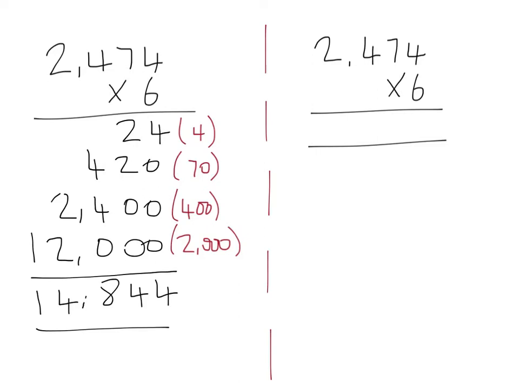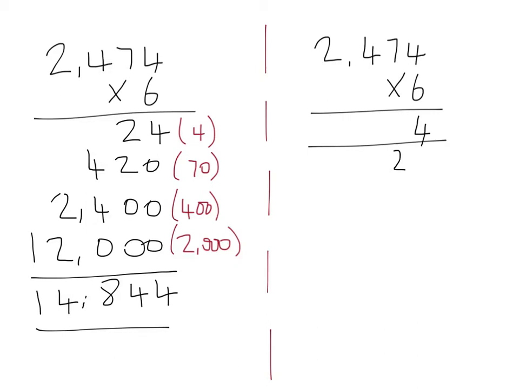Now look to your right. We're going to multiply the same two numbers together as we have before, but this time we're going to show you the short form of multiplication. We'll start by multiplying the 4 by 6. 4 times 6 is 24. So I'm going to place the 4 here, and the 20 will be carried and added to the total of